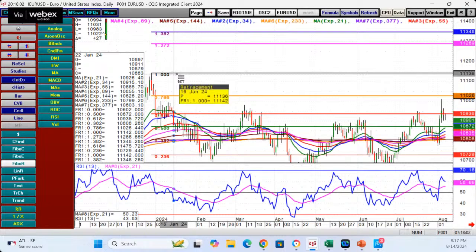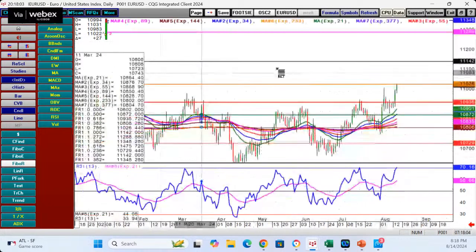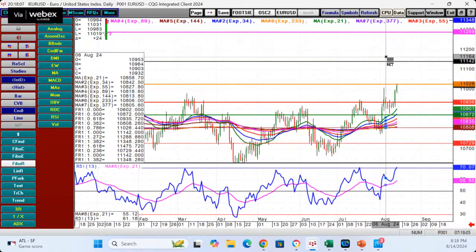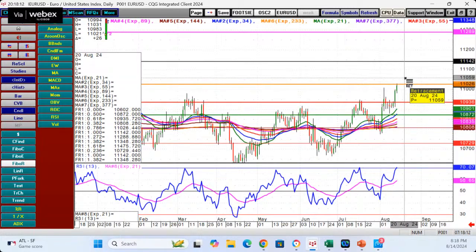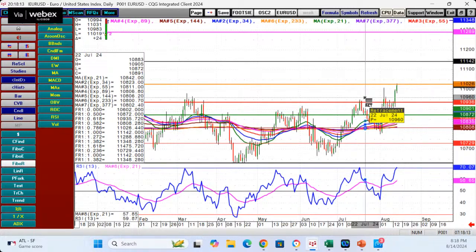111.40 is a critical level. So that means you've got to exit before that level. So I think the call we gave was pretty safe and pretty much on the right side.